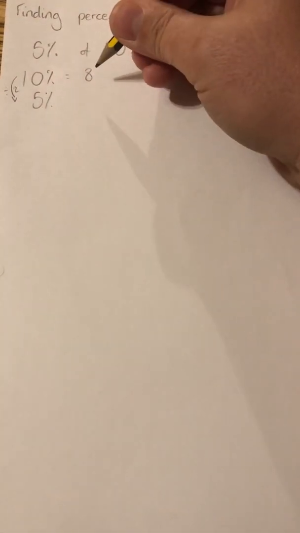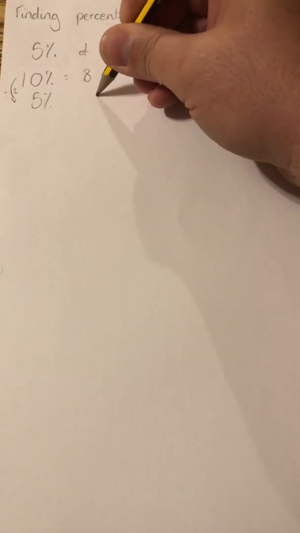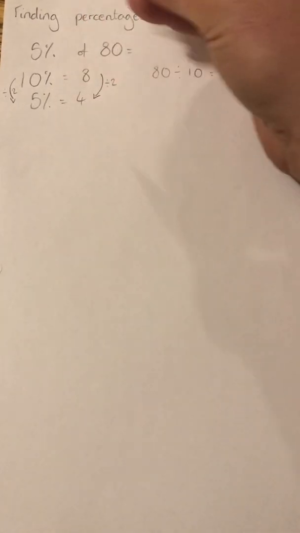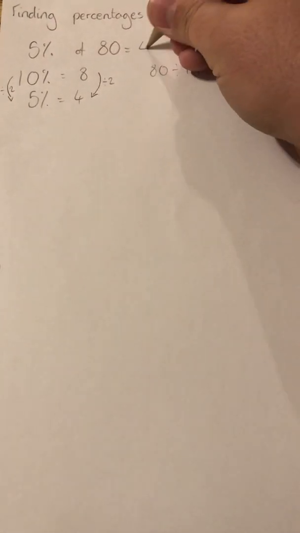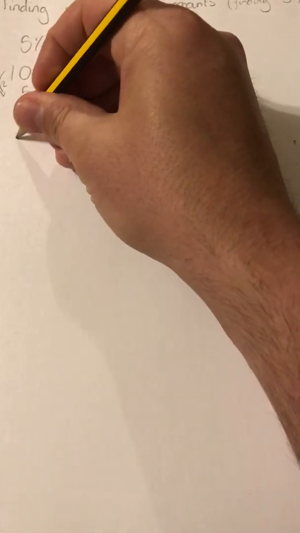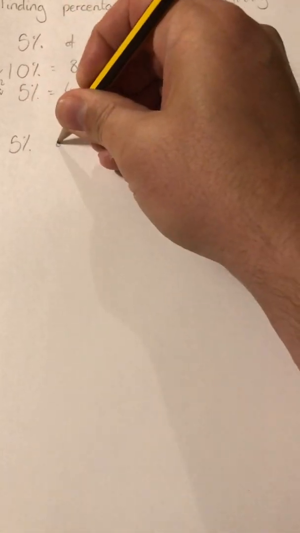this time I've halved the 10, so I've divided it by 2. So I'm going to have to do the same to the 8 and divide it by 2. 8 divided by 2 is 4. So 5% of 80 is 4. Try another one. 5% of,